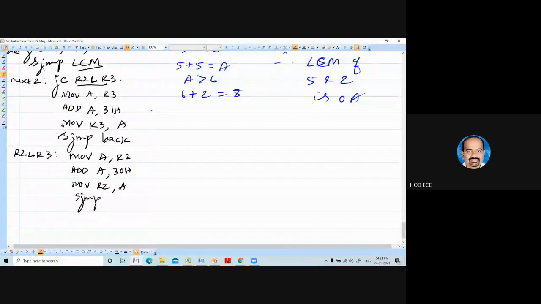SJMP back. There you are moving R3 to A, here you are moving R2 to A, and you are adding with 30H, with the first number. So what is LCM? Move 32H comma accumulator.